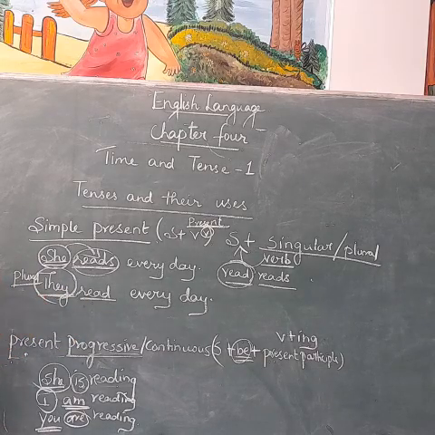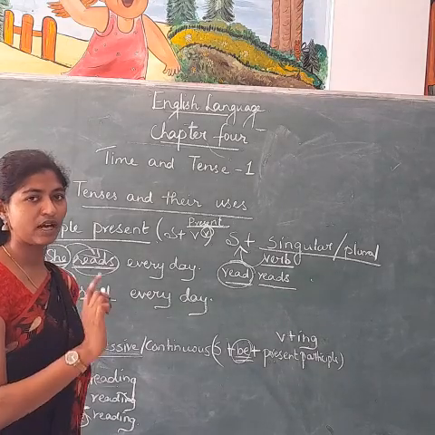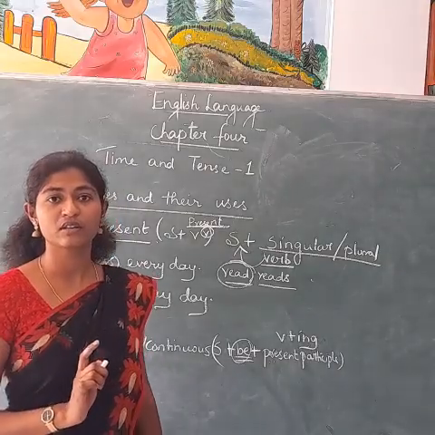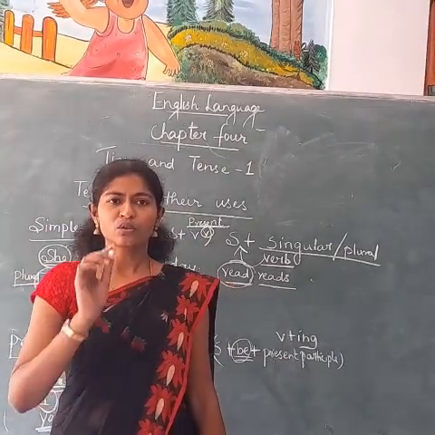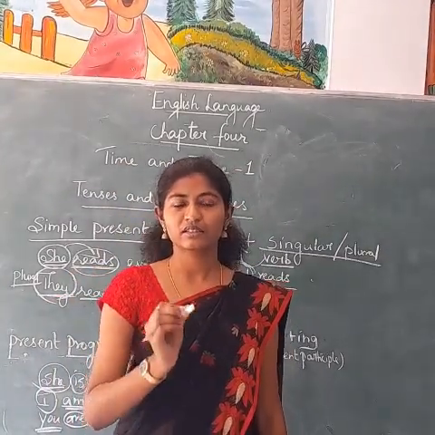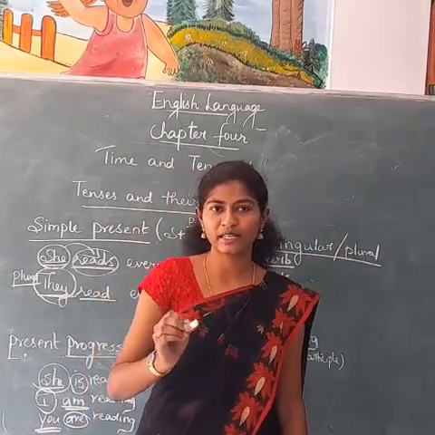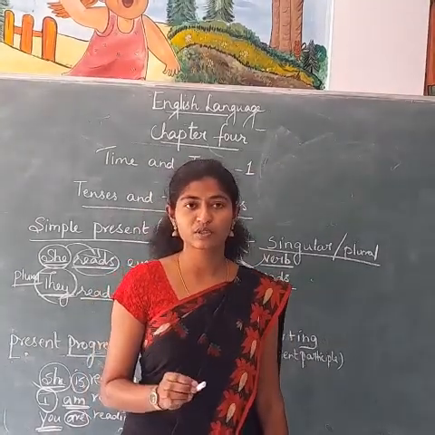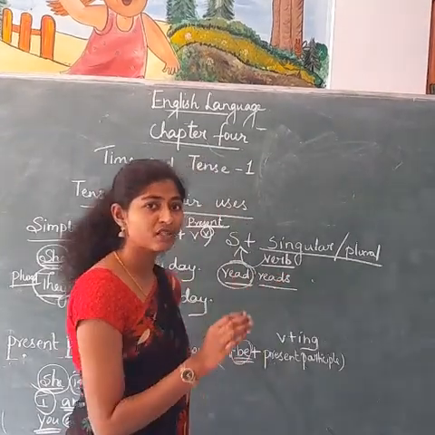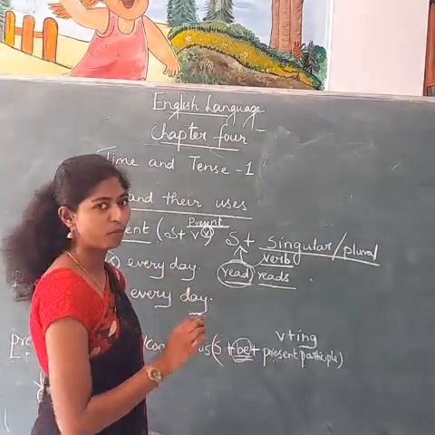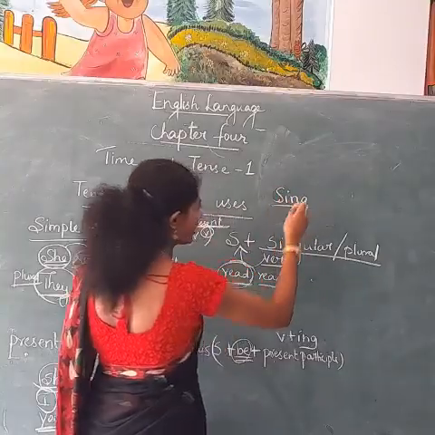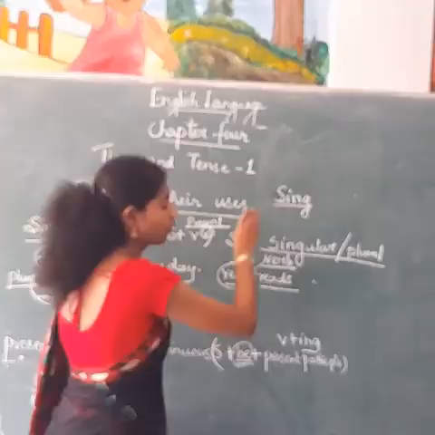they is plural. So in simple present tense, you have to use either the singular form or the plural form of the verb as per the subject. To remember it very easily, you have to have in mind that a singular subject should always have a singular verb and a plural subject should always have a plural verb. Okay? And the base form of the verb is the plural form of the verb. Say for example, sing. This is the base form of the verb as well as the plural form of the verb.